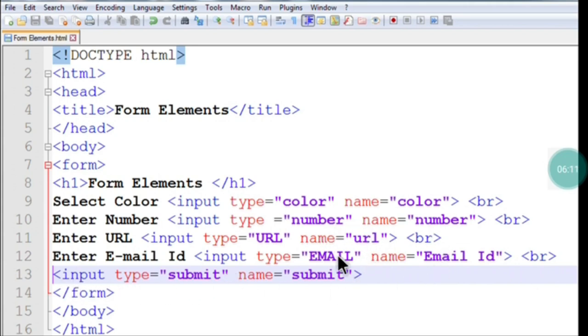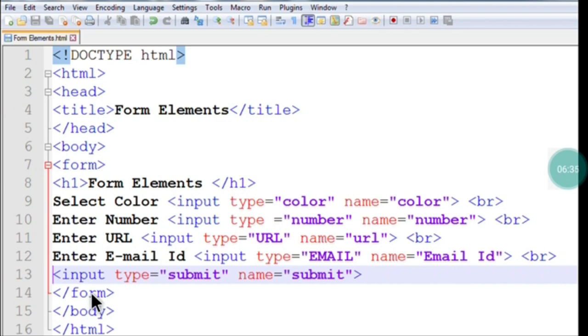Once you enter the email ID, you can see one more button on the web page. So how is this button created on the web page? By using input type submit. So input type equals submit will display the button on the web page. Then you are going to complete the form tag. The opening tag is here, the closing tag is here. But whenever you are closing any tag, you must use the forward slash to close the tag.